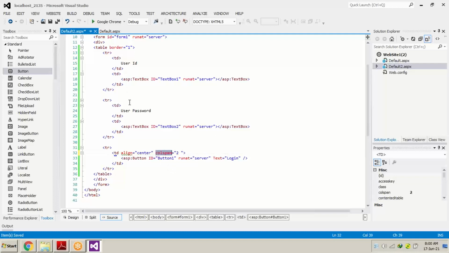Just remember, in all the above 2 TRs, we have taken 2 TDs. And in the third, where we have to put the button, we have taken only one TD. That's why we are expanding the column into 2. Colspan stands for column expansion. And we have set the alignment to center. Now, what will happen?